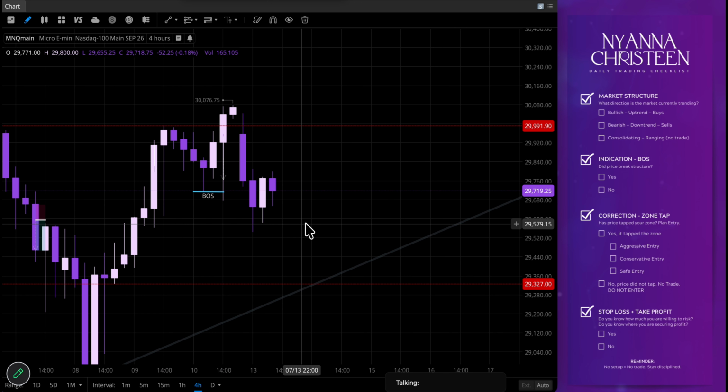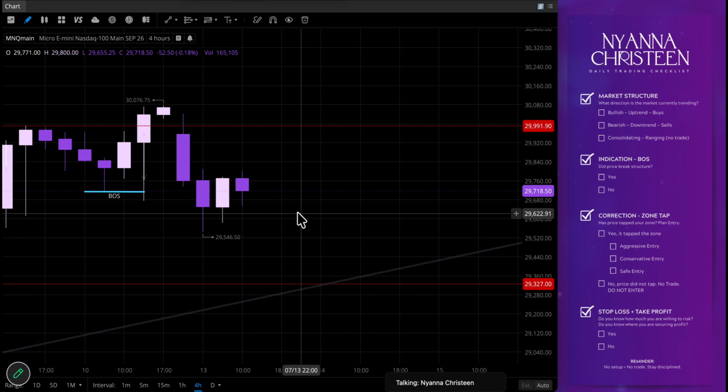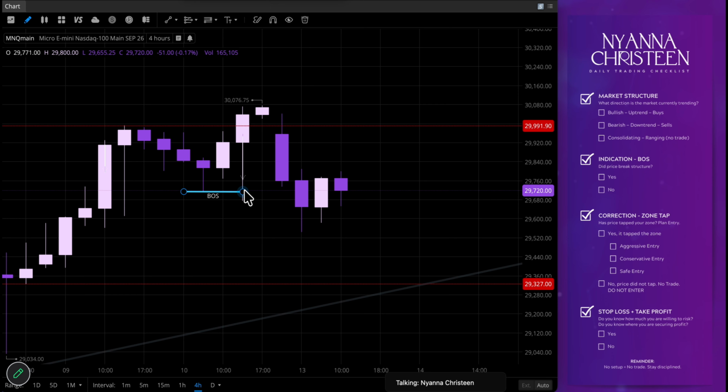Hold on, you told me it broke structure? Wow. This was my trade here. Anyways, I'm not even gonna worry about it. So price did end up pushing up and then falling. It broke the structure here. So this structure came out of this zone. The chances of it coming up here,